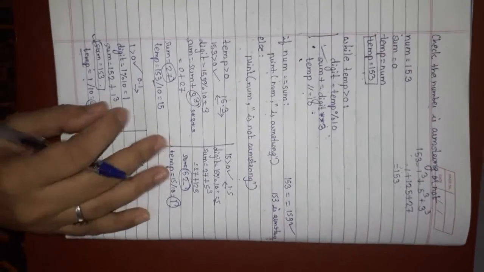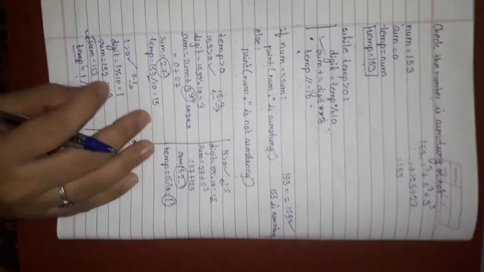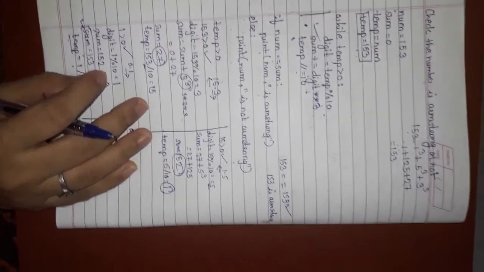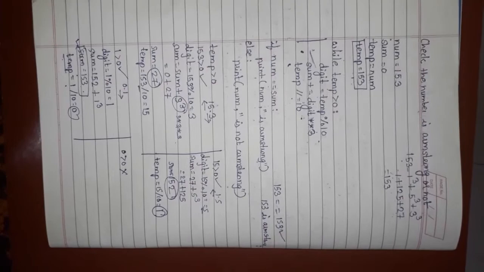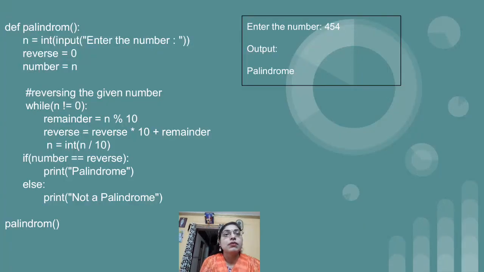Again in the same practical we are having one more question, that is palindrome, that we are going to see. Practical number 1E, we are having one more question, that is write a function to check whether the entered number is palindrome or not. So again before starting with the actual program we should know what is palindrome.